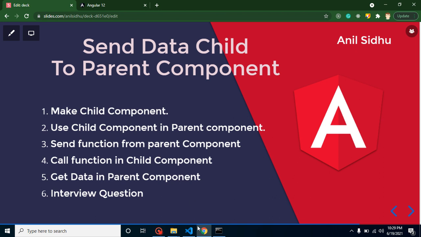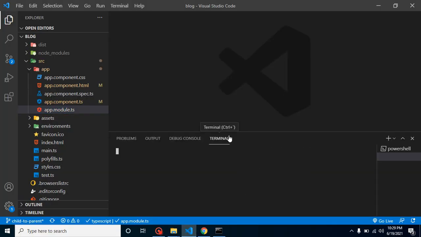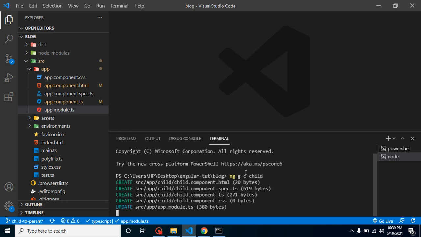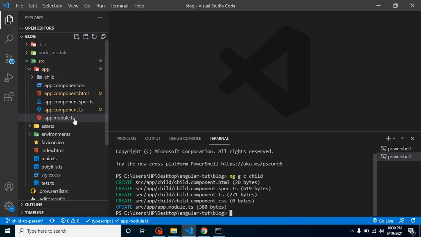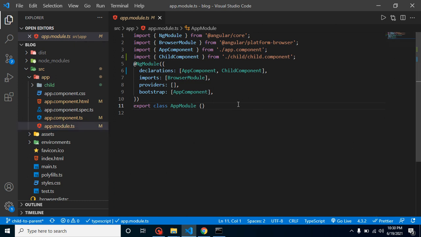Let's define a child component, and for that we need to open a terminal, and let's simply write here ng g for generate, c for component, and child. This is our component name, and now it will create a folder with the name of child and update app.module.ts because we have to register our component here, and all these things are already done by the Angular CLI.